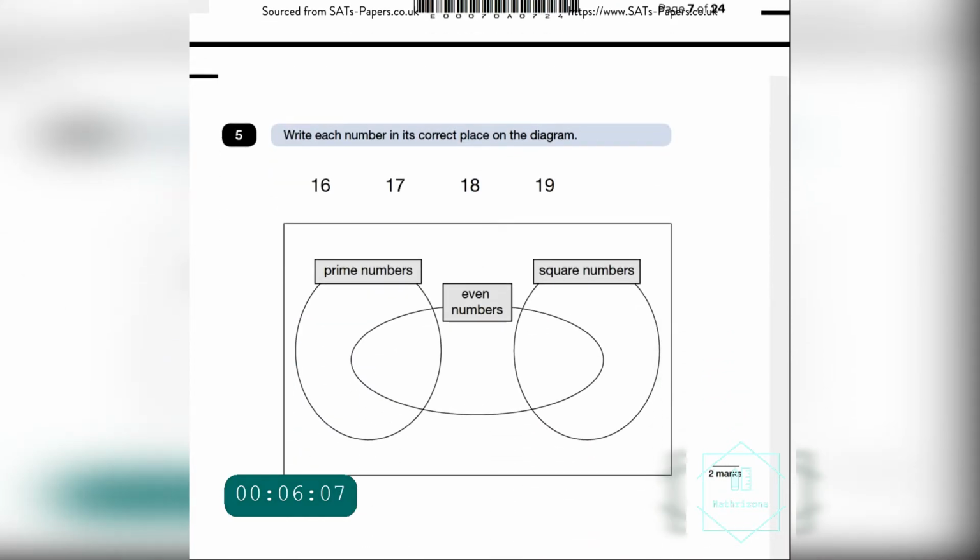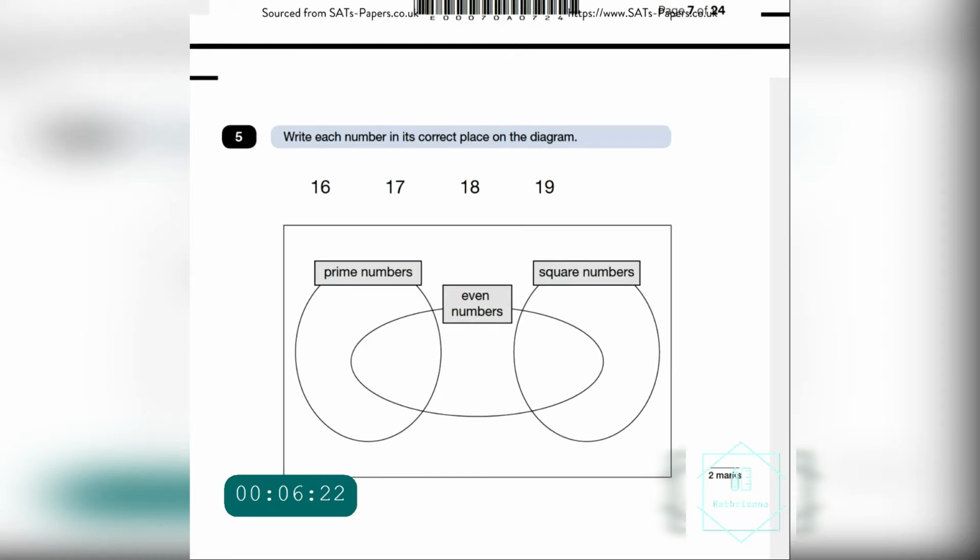Write each number in the correct place on the diagram: 16, 17, 18, and 19. And here it's asking prime numbers, even numbers, and square numbers. So prime numbers, we know, are numbers divisible only by themselves or by 1. So 17 and 19 are those two numbers which cannot be divided by any other number other than itself. Even numbers, so both 16 and 18, they both are even numbers,